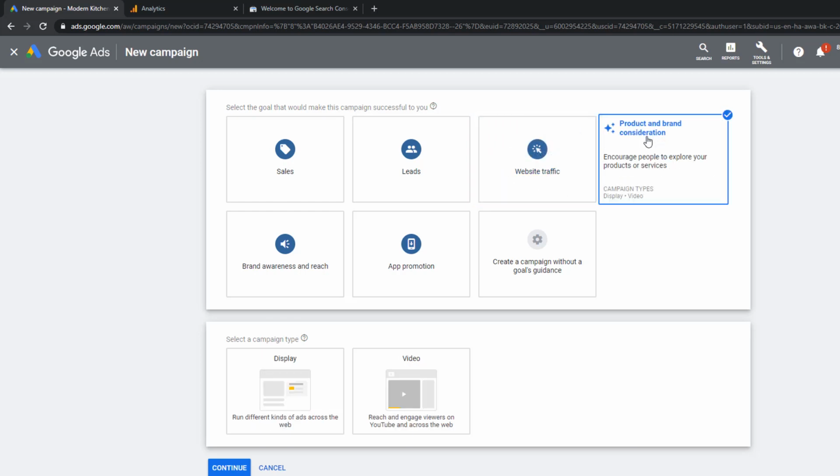On product and brand consideration, I'd say this is the trickiest to categorize and likely the most important one to use correctly. I really like using this goal with dynamic display remarketing. They have already interacted with the business and they made it clear they weren't buying then. You want to stay front of mind while they're in the decision-making phase, but you aren't necessarily looking to make that purchase decision today. This is great for software as a service companies to keep front of mind with someone